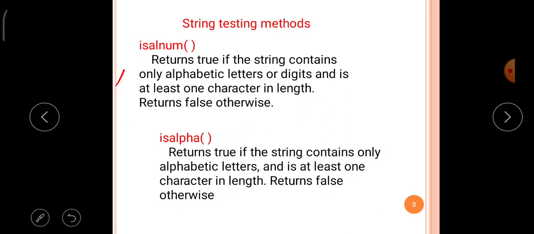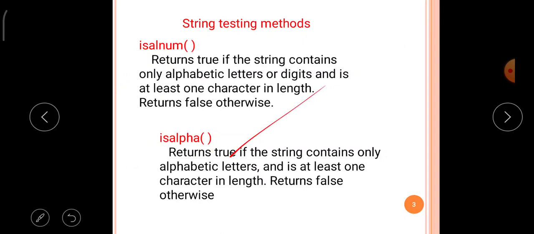The second function is isalpha. What can the isalpha function do? It returns true if the string contains only alphabetic letters and is at least one character in length.